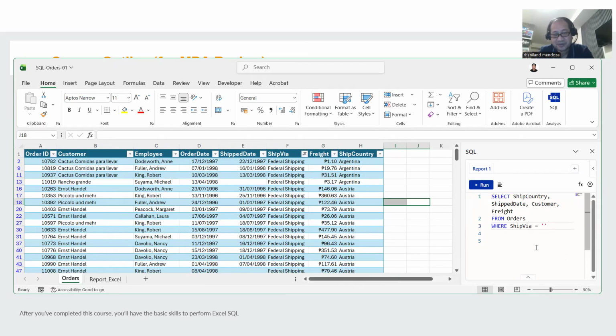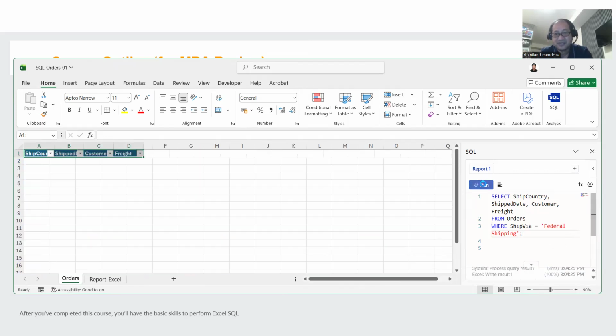In this case, it should be federal shipping. And then, well, this is just a recommendation, but statements are always ended by a semicolon.